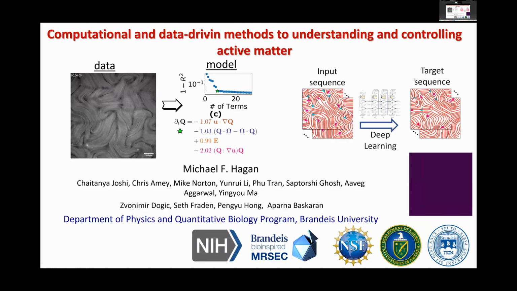And what I'm going to talk about is a collaboration involving Seth Fraden and Zvonimir Dogic doing experiments, machine learning expertise from Peng-Yu Hong in Brandeis computer science, and then strong theoretical collaboration with Aparna Baskaran. Most of the work I'll describe was done by two excellent graduate students, Chaitanya Joshi and